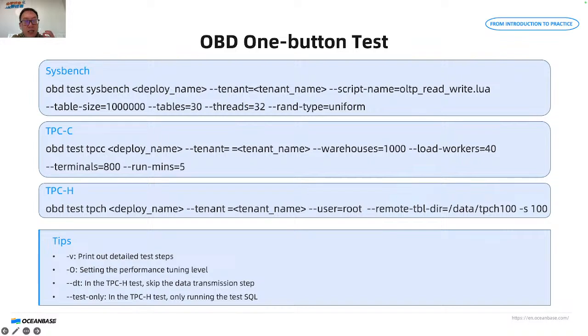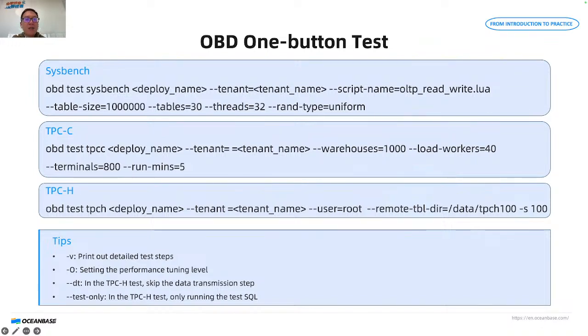Additionally, useful options include, first, -v for detailed test output. Without it, only basic information is shown on the screen. And the second one is -o for tuning. This parameter is used for tuning. The value can be 0, 1, or 2. 0 means no tuning at all, 1 means only basic tuning parameters, and 2 is full tuning, including parameters